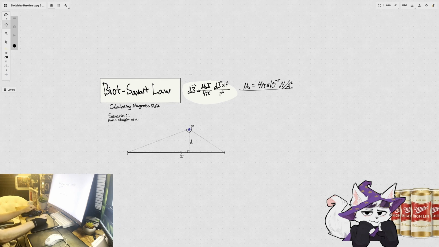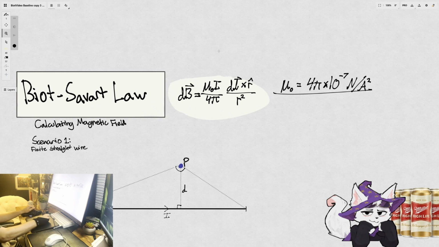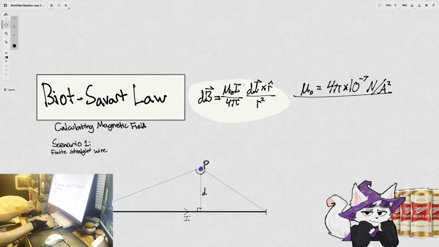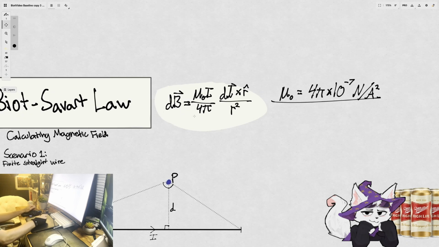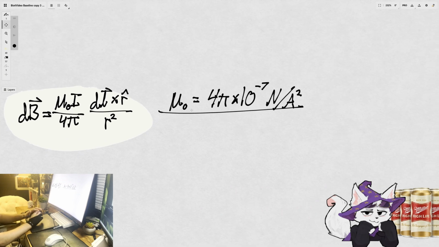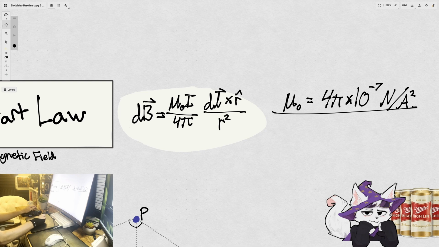This relationship is actually derived from our little formula here, which was discovered by two really smart old dudes back in the 1800s, whose names you can probably guess. Anyways, it's telling us that our change in the magnetic field, or the contribution of the magnetic field at a point P from a specific section in the wire dl, is given by the relationship mu naught, which is just a constant with units newtons over amperes squared, or the permeability of space, times the current in the wire,